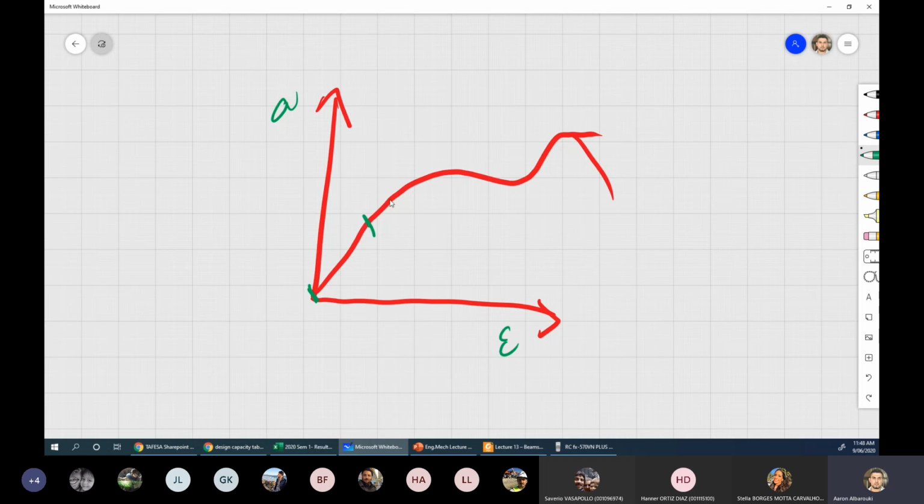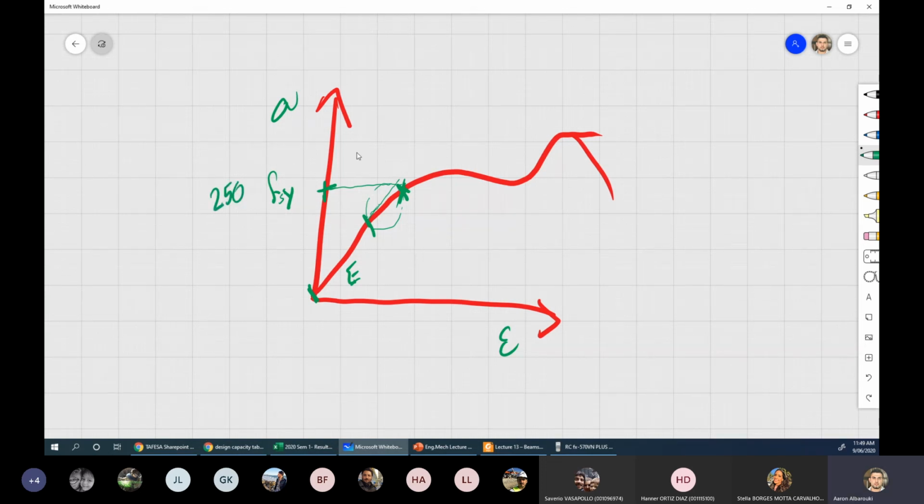This part here, guys, we call the elastic part, okay? This small portion here will stop being linear, if this continued linear like this. We call it the non-linear portion, this area here. Still within the elastic range, but it stops being a linear relationship. Not very important to you. The important part for you is this point here. That's what we call Fy. When we say FSY, that means the yield stress of the steel. So if I know this is 250 MPa,